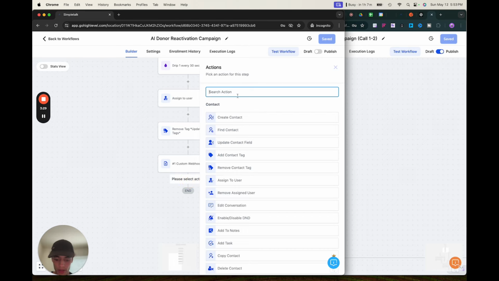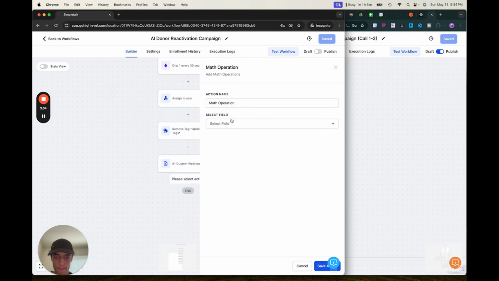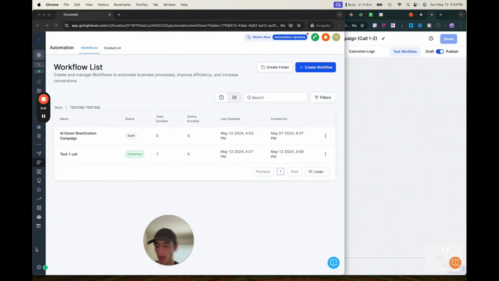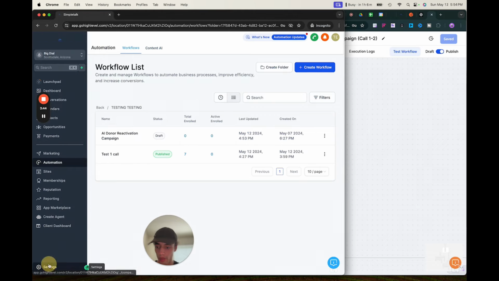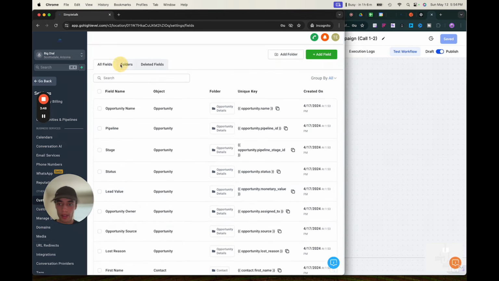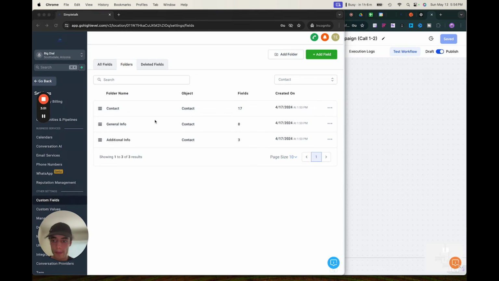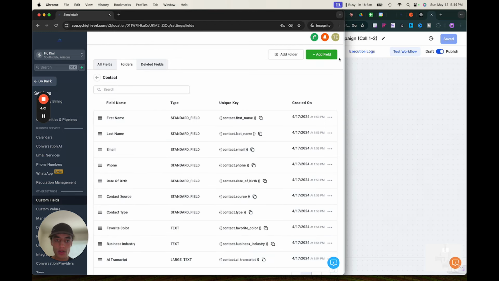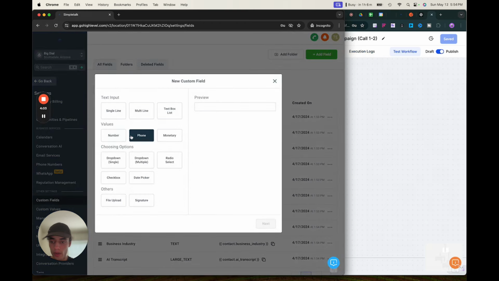We're gonna add a field. Let's see if I already have. All right, I'm gonna create a custom field called AI call count so we can actually visualize how many times people have been called. Say we run them through the campaign multiple times. I want to actually be able to see that has happened. Let me just put this in the same folder that the other AI stuff is happening with, the AI transcript and whatnot. So we'll just go straight into the contact folder. It's a number,